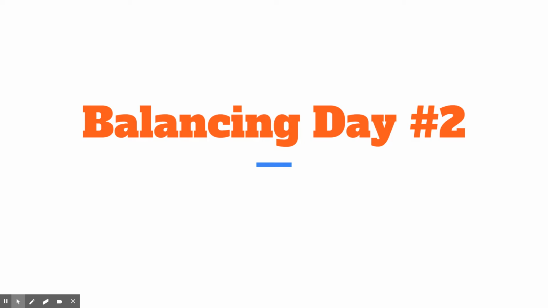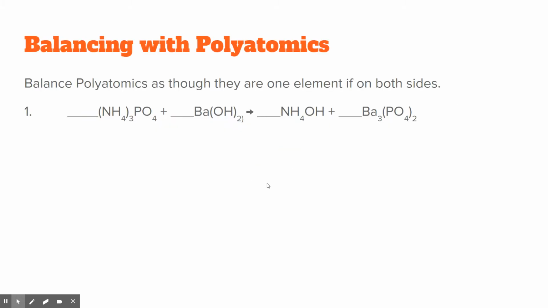Today in notes, we're really going to cover polyatomic ions and how to balance with those. So if polyatomic ions are on both sides of the equation, you'll recognize some in this one: NH4, PO4, OH. If they're on both sides of the equation, then we can just balance them as one single thing instead of separately. Draw my line down the center, and then instead of writing